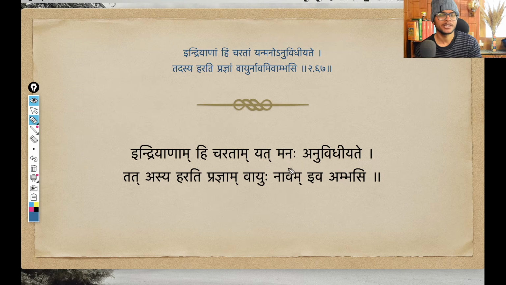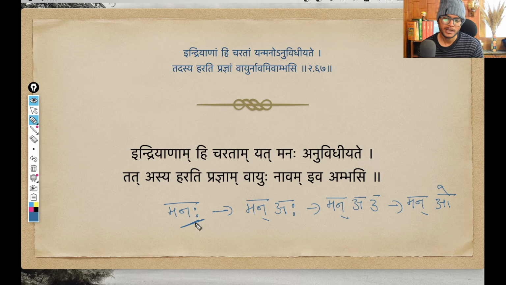Okay, and moving ahead, we have a sandhi between Manaha and Anuvidhiyate. And what is happening here? So we have this word Manaha, where a Visarga is following a Rasva A. And so the Visarga changes into that Ukara. The Visarga se Utvam happened due to the presence of this Rasva A. So Visarga changes into U. And as soon as Visarga changes into U, it recombines with the preceding A. And again another sandhi happens, that is the Guna sandhi, due to which A and U, they both are replaced by O. So due to the combination of Visargasya Utva sandhi and then Guna sandhi, this Manaha changes into Mano. So now you have the pada Mano and Anuvidhiyate.